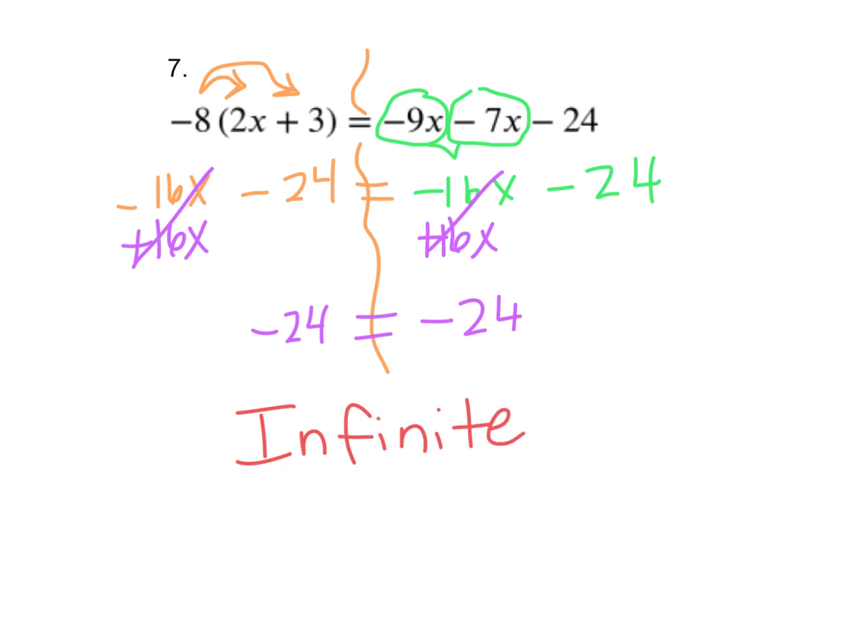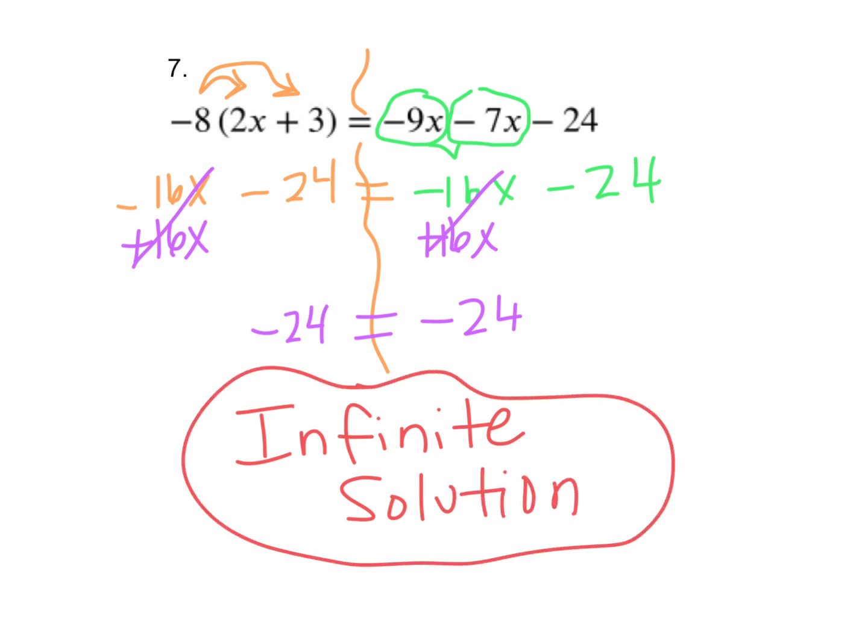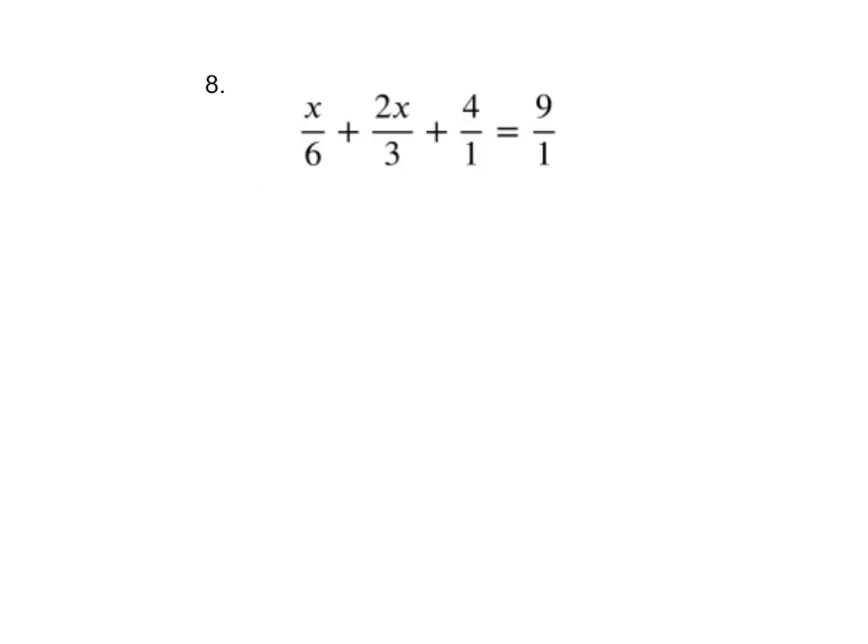Okay, so if you come up with twins, that means all of the solutions would work. Any solution would work. For number 8, there's a couple of different ways to handle this. I do notice fractions. And so one way to do this would be to clear the denominator. And I'm eyeing up this 6 right here. So if I multiplied the entire,